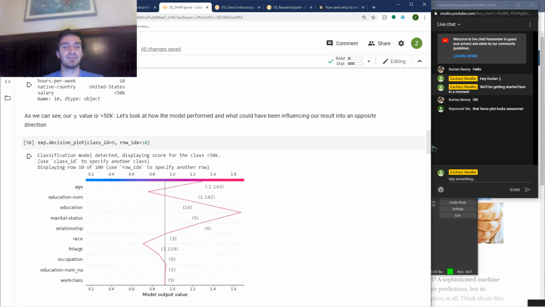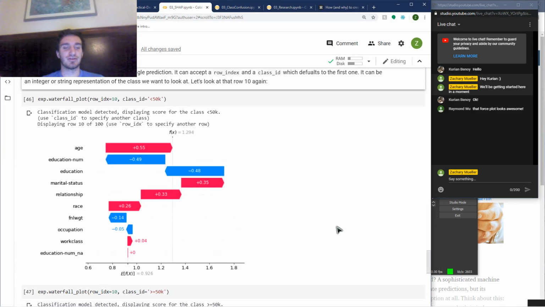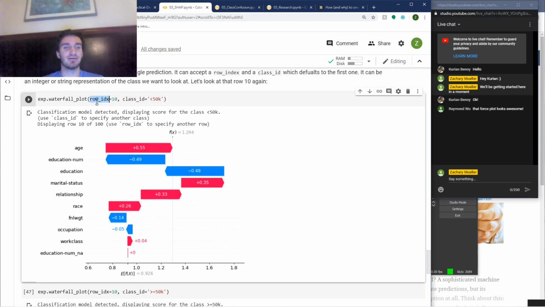Now, this is similar to the decision plot, but I like it a lot more because it's a lot more visually appealing. So here we can see we pass in our row index and our class ID, which as you can see can be a string. So I'll say less than 50K on our 10th row. And we can look at how each of the variables pulled our outcome here